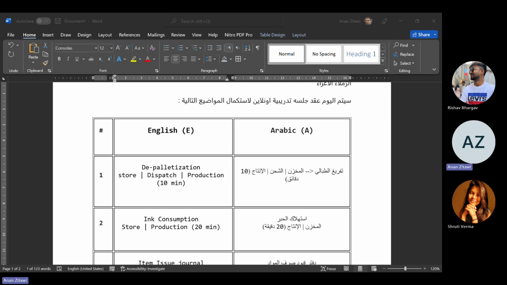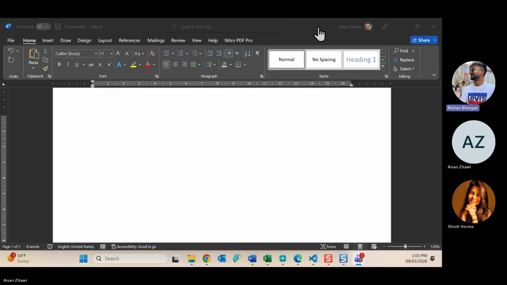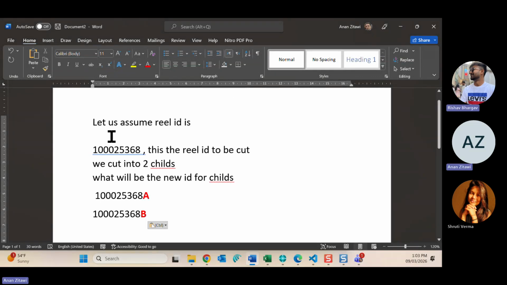Only the Word document, no text. There's just depalletization in consumption item issue journal, which is translated into Arabic. Excuse me. You have just shared the window. You need to share the entire screen, not the window. Okay, now.